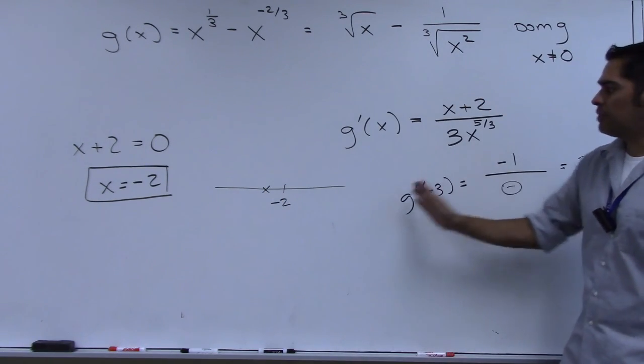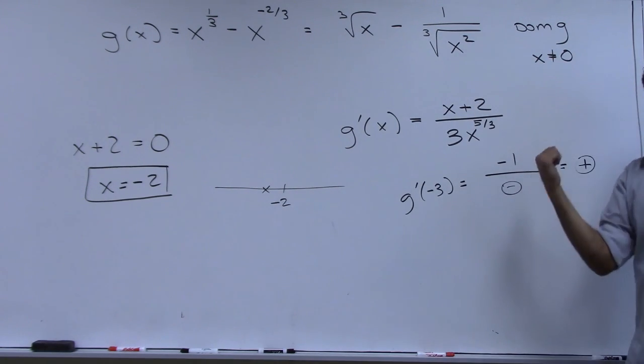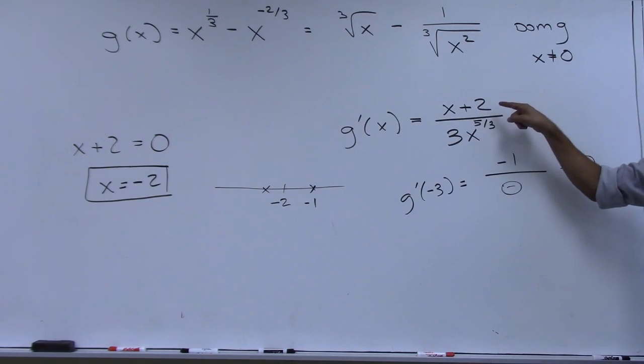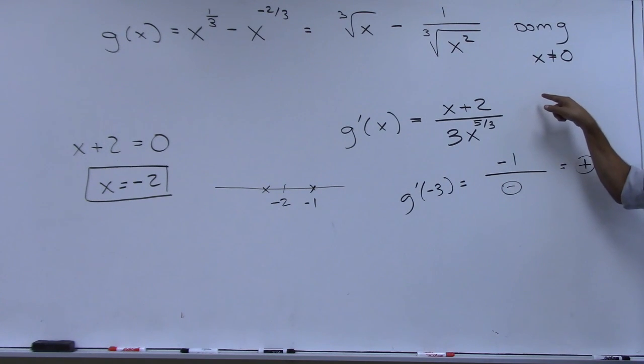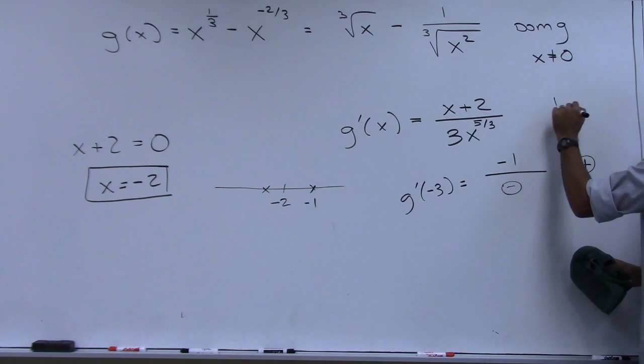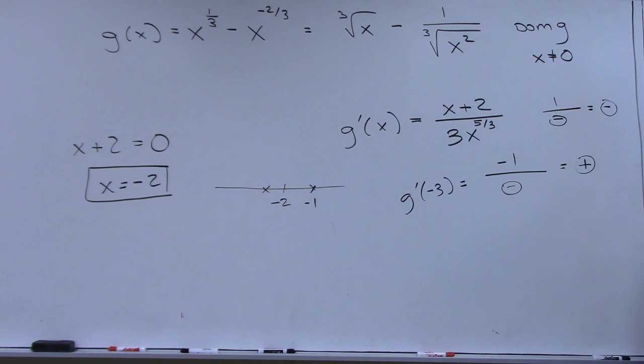When it gets to -2, what happens? It's 0, which means it's flattened out. And now I'm going to check to the right of -2, which would be something like -1. If I plug -1 in here, what do I get? Positive on top, and on the bottom, it's still going to be negative, right? So you're going to get a positive on top and a negative on the bottom, and that would be a negative number, and that means it's going down. So in fact, at -2, it is a local maximum. But we'll do more of that later. Just trying to convince you that we did find something that when you look at it graphically, I'm not sure anyone would look at that graph and be like, oh yeah, at -2, that looks like a local maximum, right?